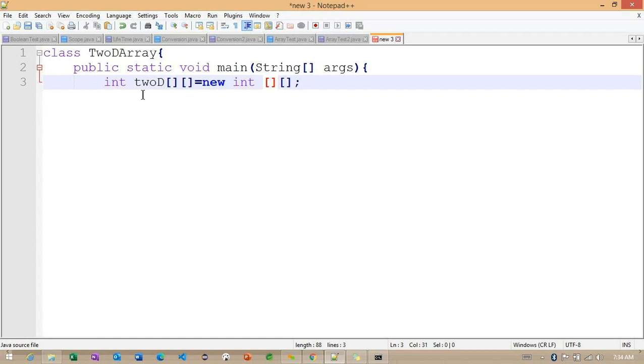Getting the point? Because we discussed that whenever we are trying to work with arrays here, we need to define the size here. So what is the size I am trying to create? The first one I'm creating with 4, and the second one I'm working with 5 here. So what exactly are the 4 and 5 indicating here? Getting the point? Because we are working with a two-dimensional array, for the first dimension we are initializing the size as 4, and for the second dimension we are making it size 5.